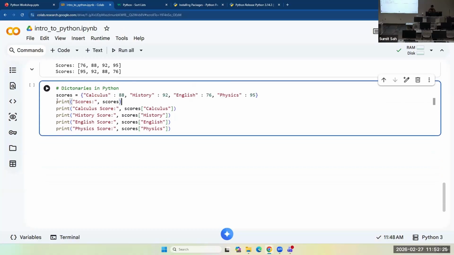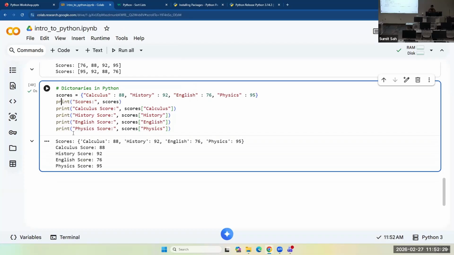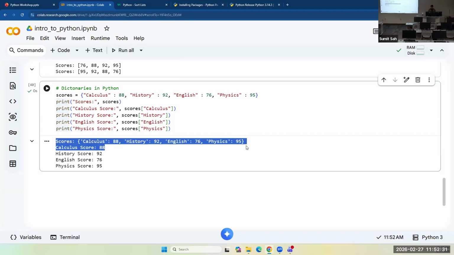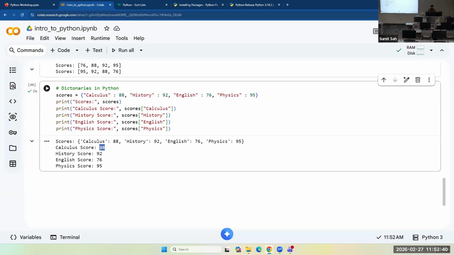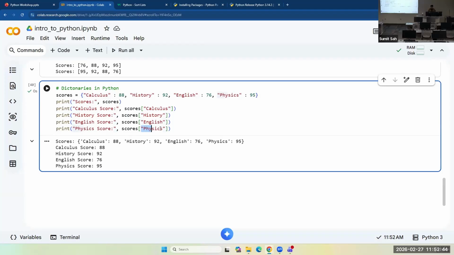Let's go step by step. Print scores will print the entire dictionary. For the calculus score, instead of the index 0, I use the key calculus, and it will give me 88 because it's the calculus score. I use whatever key I want to print out to access these elements.